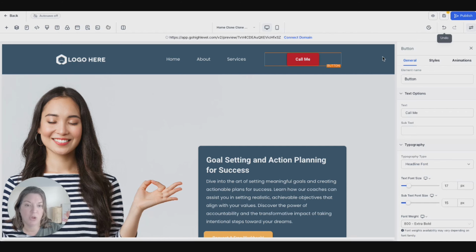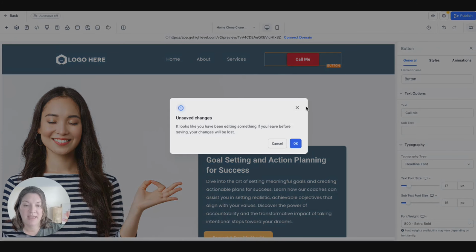Just click that and it will go back and remove what you just did. Additionally, they have this versions section up here in the upper right. If you click on that,